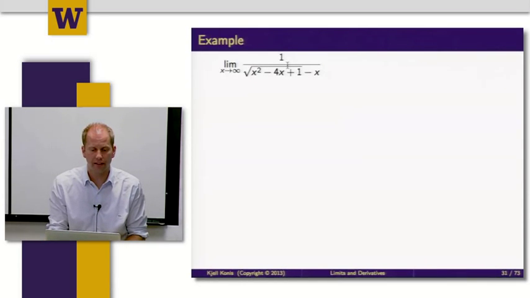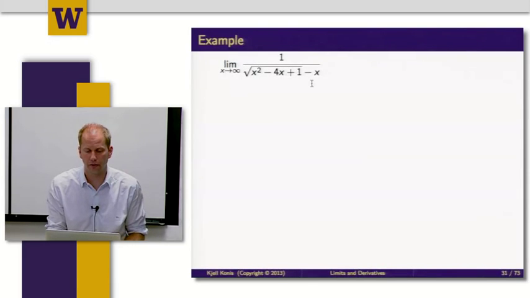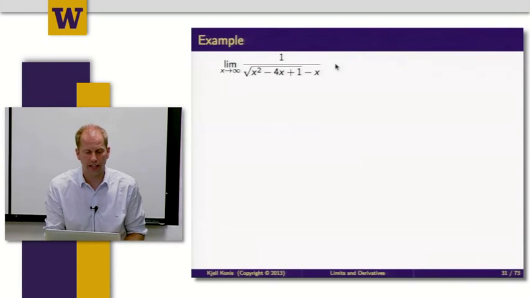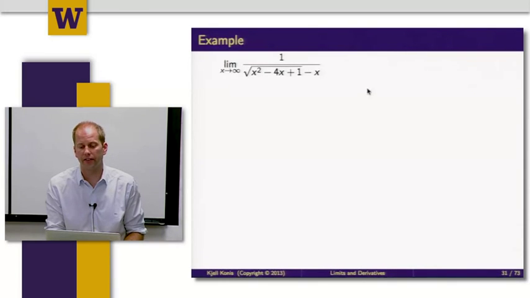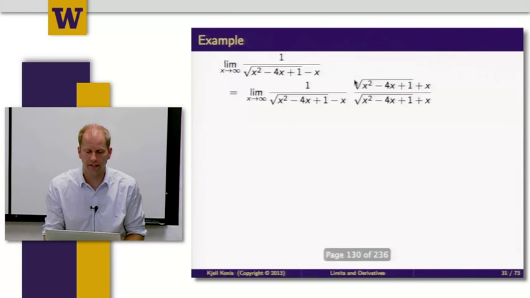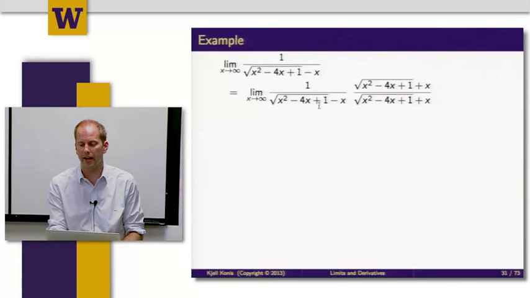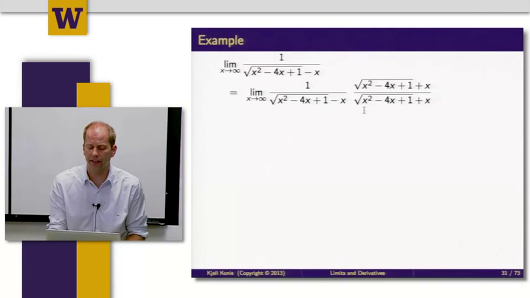So I want to evaluate this limit: 1 over the square root of x squared minus 4x plus 1, and then minus x. The strategy you use to evaluate a limit like this is to get the square root out of the denominator. So the first step I'm going to take, since I have minus x here, is to make something called the conjugate of that, which looks exactly the same, but I get a plus x. And when I multiply these together, I'll have this square root times itself, and then I'm going to get